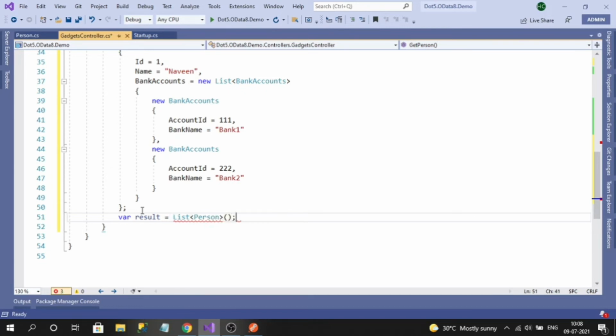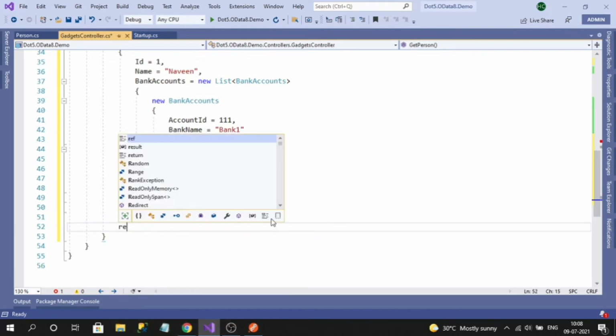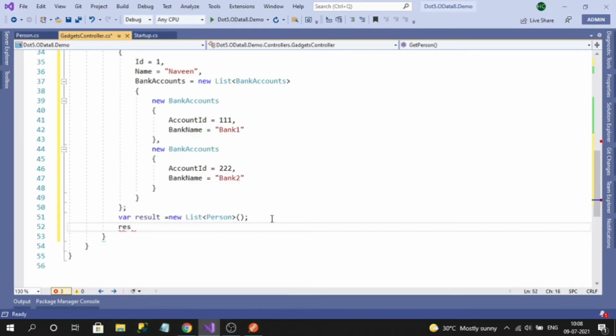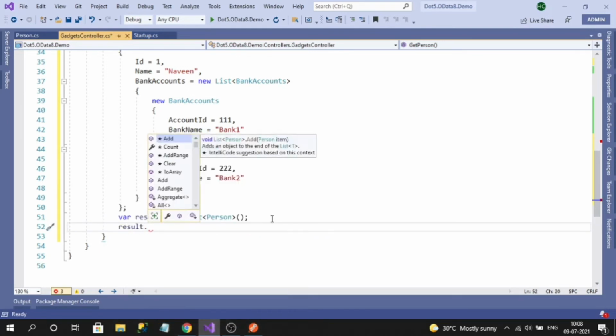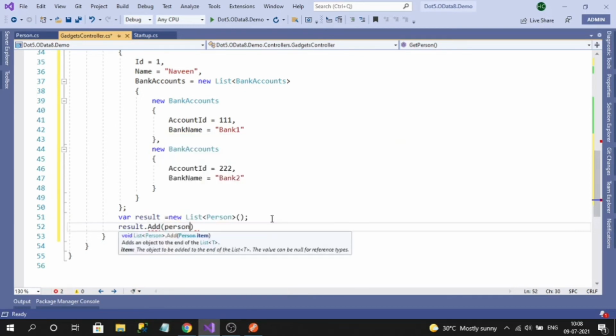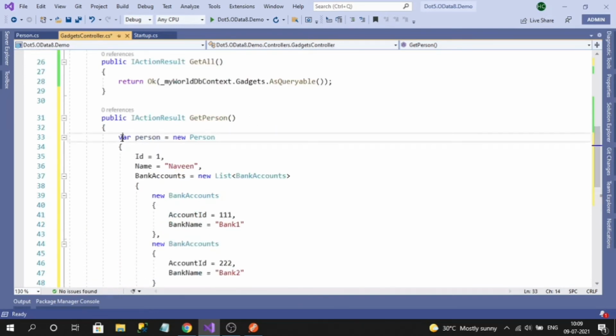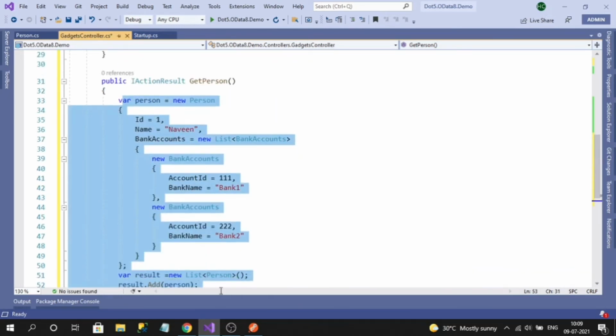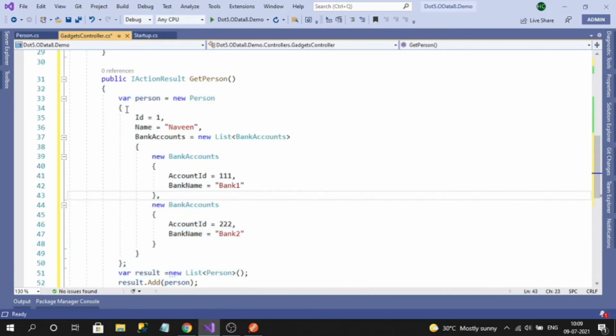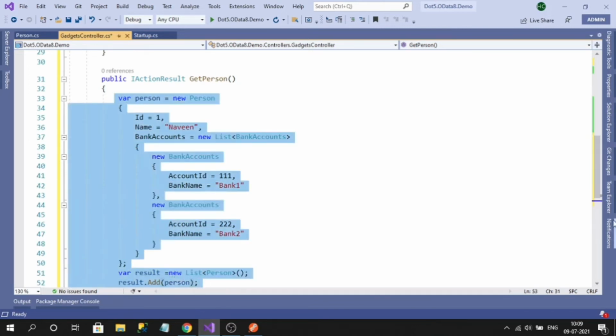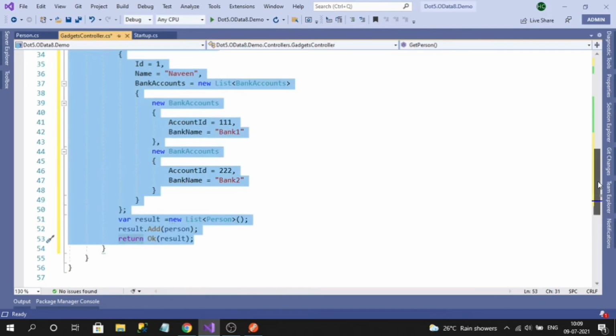Okay, and result dot add person to the list and return the response. Okay, so think like this data is fetched from the database. Okay, and returning. So it is like records.